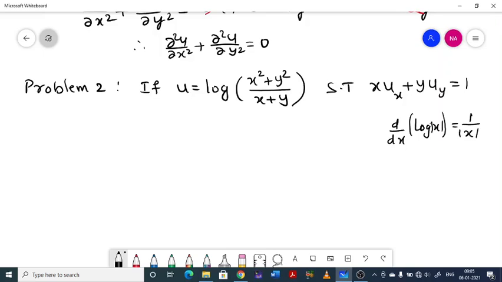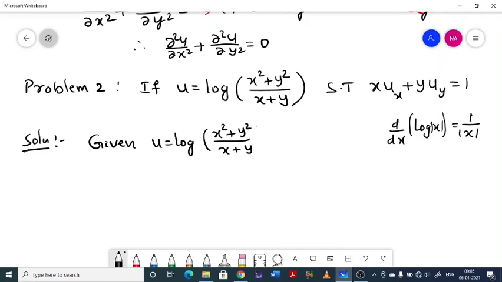Solution. First write down the given thing. Given u equal to log of (x square plus y square) divided by (x plus y). Differentiating with respect to x partially, you get ux equal to, or you can write the dou u by dou x notation,